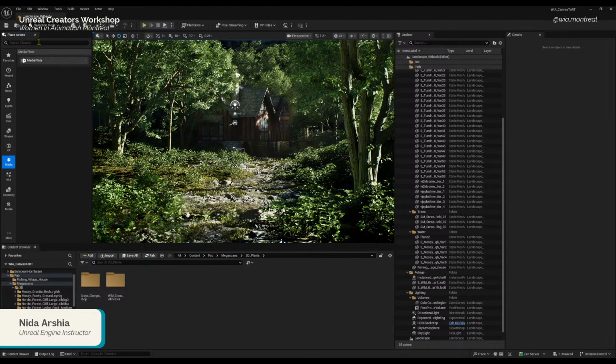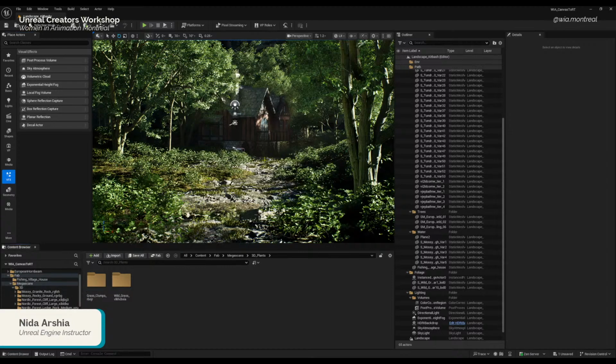Then you have some other options that you can add through Place Actors. It's usually more like tools, shapes, and lights that you're adding through Place Actors, and all the things that you're using to populate the level are going to be in the content browser.